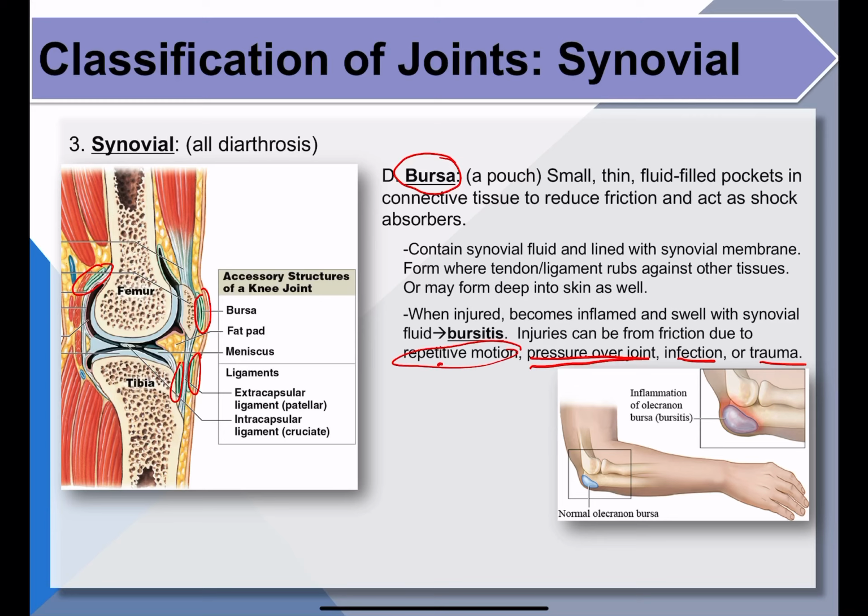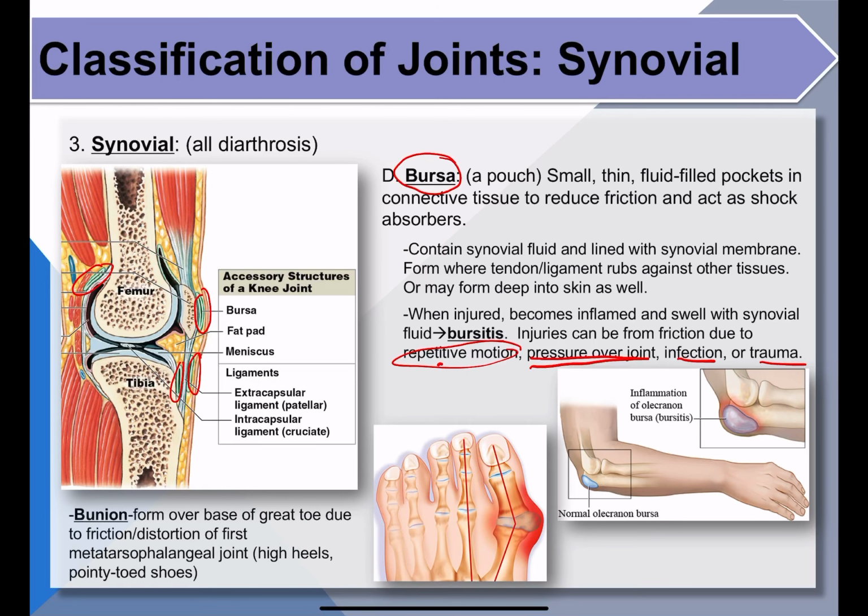Kind of like going back to what I keep mentioning about homeostasis and balance. You can't overuse some stuff. It's your body's way of telling you, hey, you've got to slow down because you're going to end up damaging your body. You're going to damage your tissue. So let's give you some pain to tell you to stop. You've got to rest and then come back when you're feeling better so you don't put your body over the edge. Okay? All right. And then bunion is another type of condition where an actual bony bump forms over the